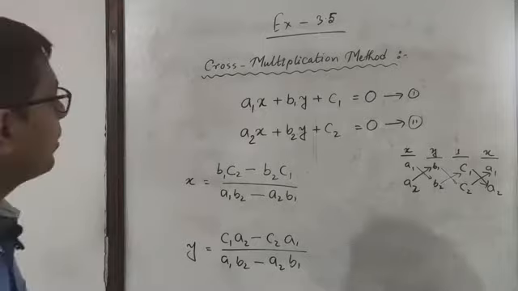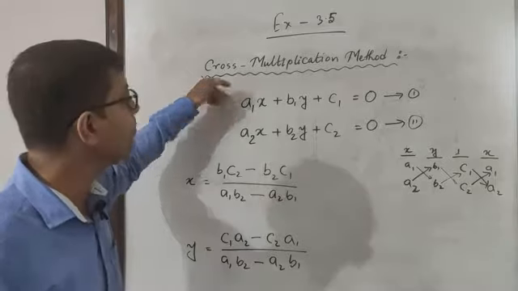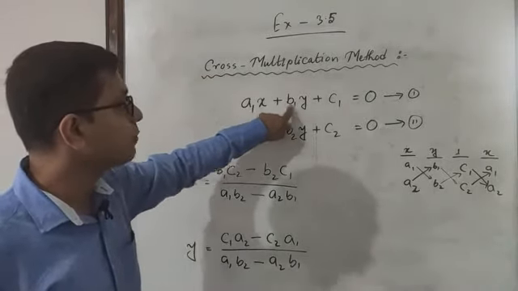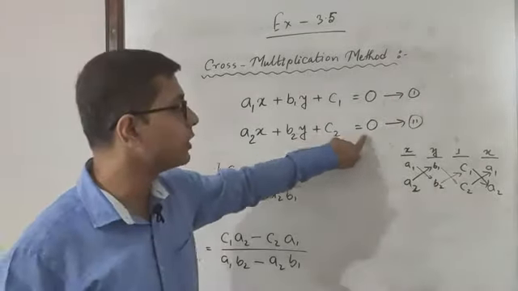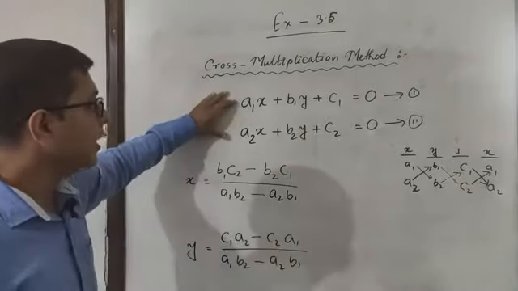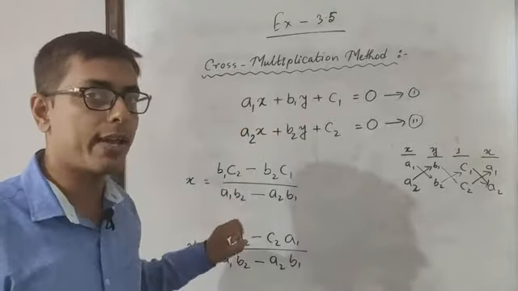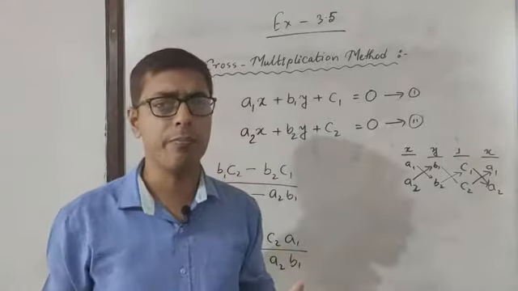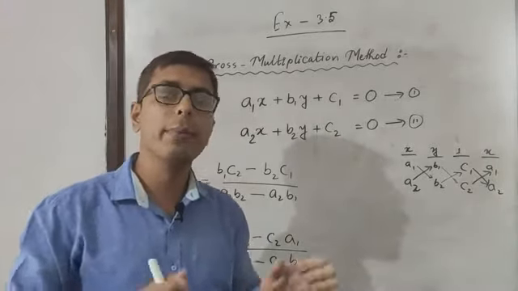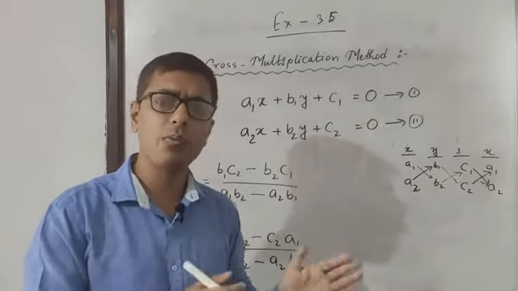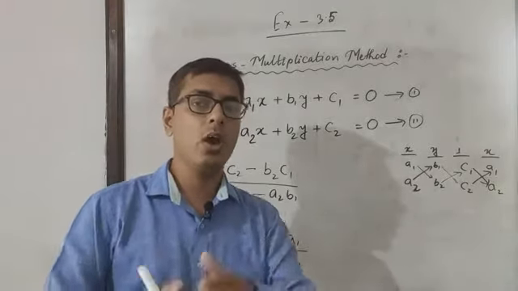So फिर से मैं एक बार यहाँ पे एक्सप्लेन करना चाहूँगा. हमारे पास ये दो इक्वेशंस हैं. The equations are a1x plus b1y plus c1 is equals to 0 and a2x plus b2y plus c2 is equals to 0. ठीक है सर. Here what is our task? हमारा टास्क है कि हमें इन दोनों इक्वेशंस को सोल्व करना है, मतलब x का वैल्यू निकालना है. किसी भी पेयर ऑफ लीनियर इक्वेशन इन टू वेरिएबल्स को सोल्व करने का मतलब होता है x और y का वैल्यू निकालना. मतलब वहाँ पे जो भी वेरिएबल है, यहाँ पे फिलहाल x और y है, तो हमें x और y के जो वैल्यूज हैं उन्हें निकालना है.